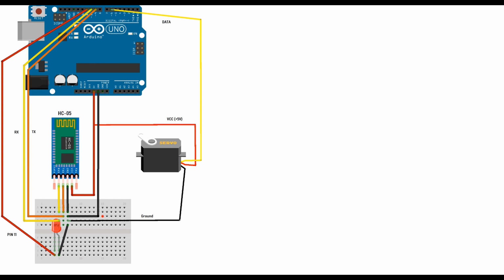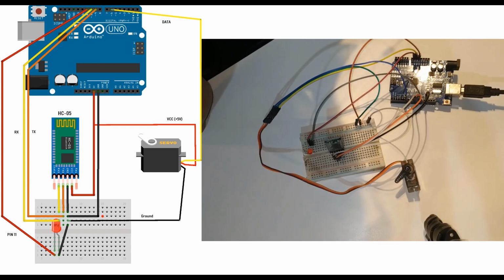As you can see on the screen, this is the circuit diagram which we need to connect. It looks pretty difficult to understand, but once you actually start assembling all these parts, it's very easy.